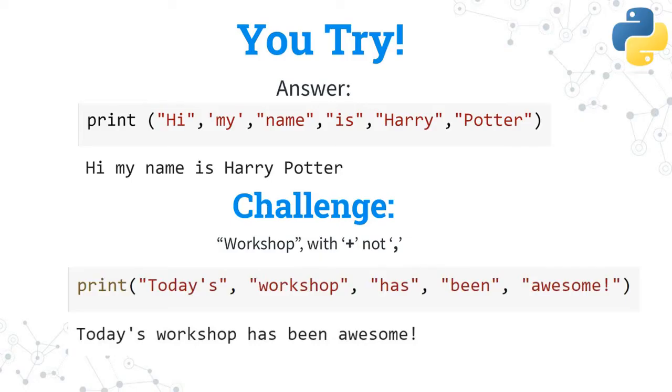Okay, so the answer for this you try was print hi, comma, my, comma, name, comma, is, comma, Harry, comma, Potter. And all of this would combine together to create the sentence, hi, my name is Harry Potter. You just print out what you want to say instead of concatenating. In this particular situation, you didn't need to concatenate, but we just wanted you guys to get the idea